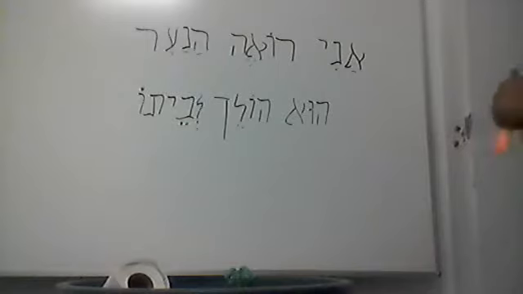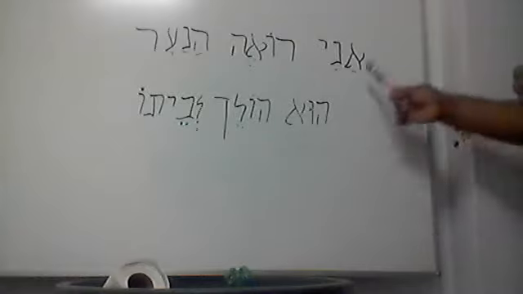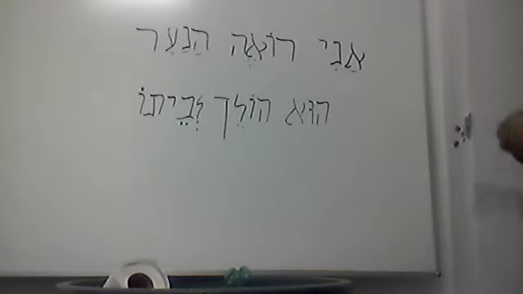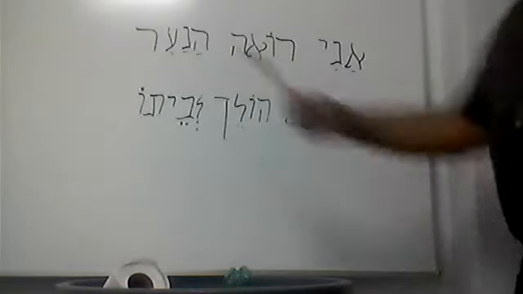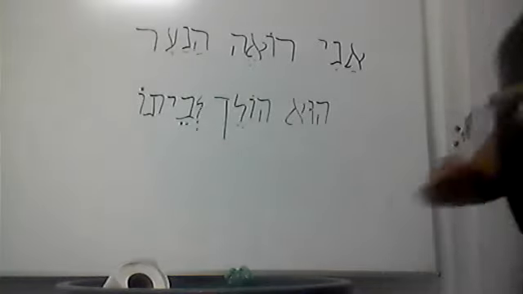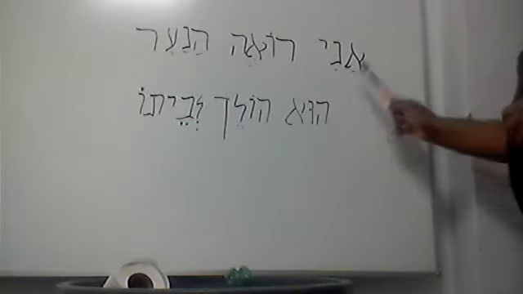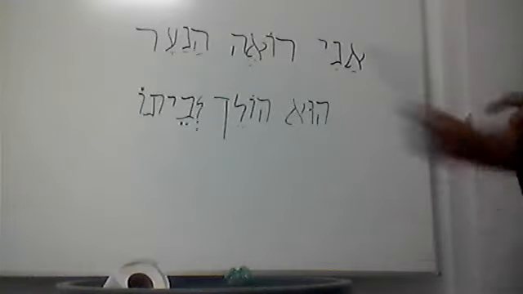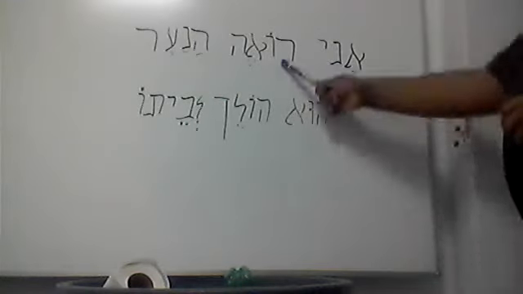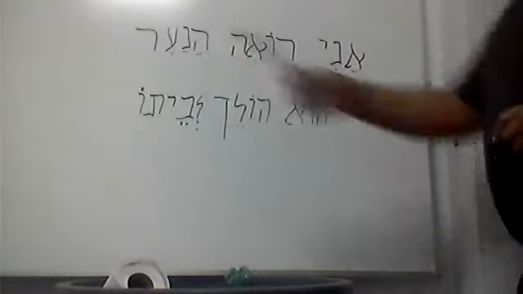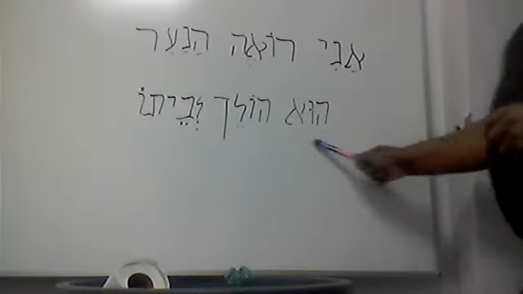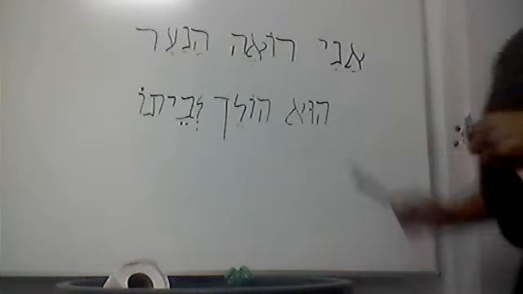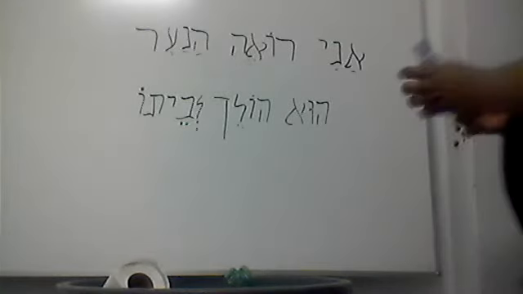Now, all the verbs that we're going to be talking about in this particular lesson are in the present tense. Ani, by now we already know, means I. Ani ro'eh hana'ar. I see the boy. Hu holek lebeto. Ani, that's the pronoun, I or I am. Ro'eh, the verb, present tense, I see, from its root word ra'ah. Hana'ar: ha, the; na'ar, boy. Hu, meaning he, that is the pronoun. Holek means going.